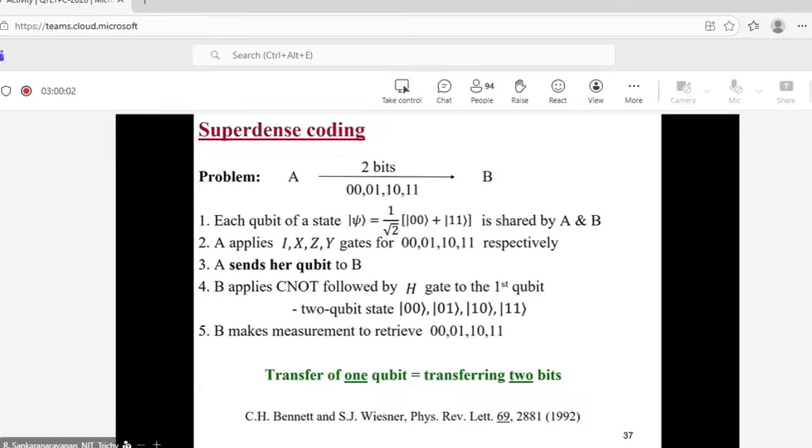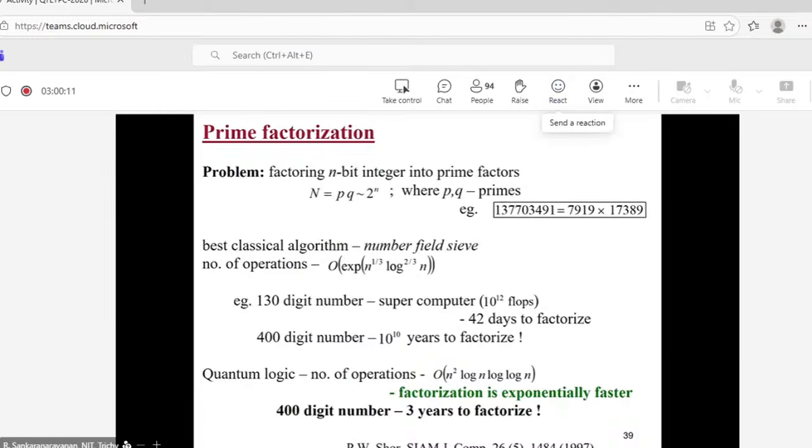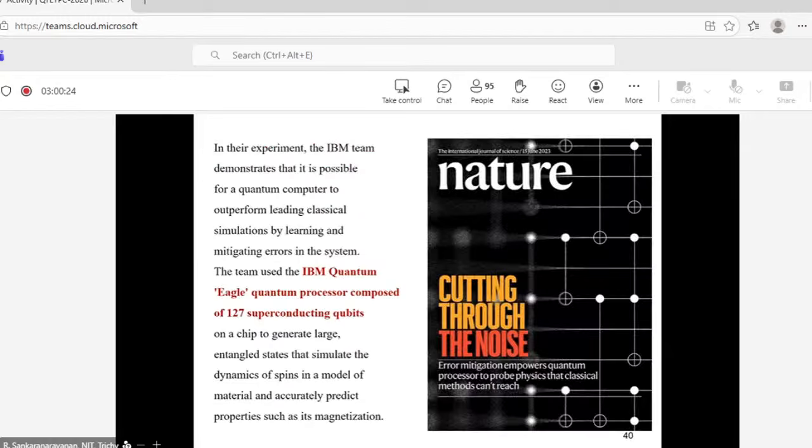There are other interesting algorithms, which again show the supremacy of quantum algorithms compared to the classical counterpart. There is the possibility of developing a very powerful algorithm using quantum principles for prime factorization, which I said is one of the hard problems. And this algorithm was given by Peter Shor in the year 1997. Of course, there are a lot of activities going on throughout the world, contributing theoretically. So at least in principle, it is the case